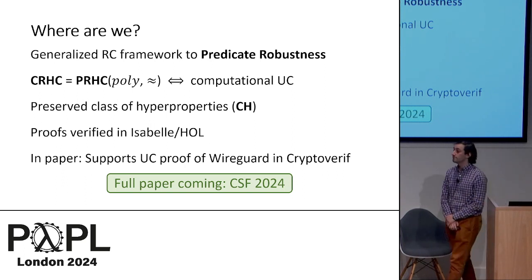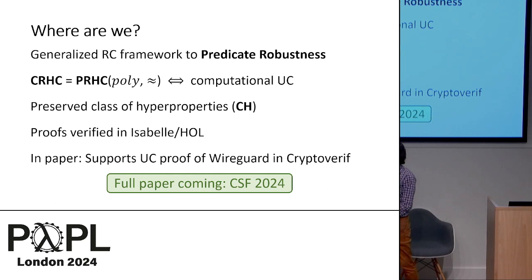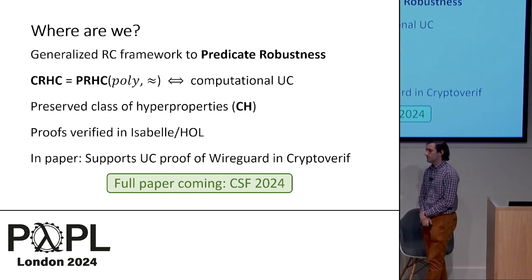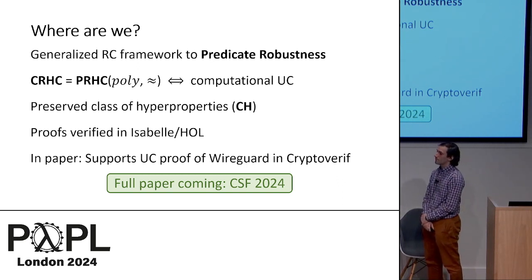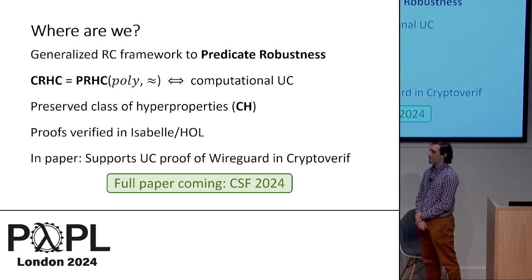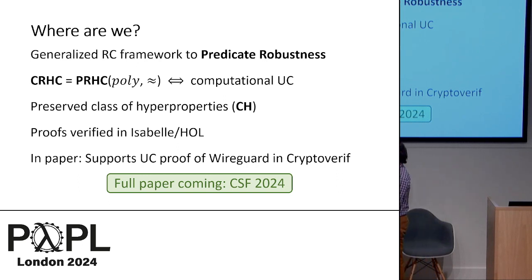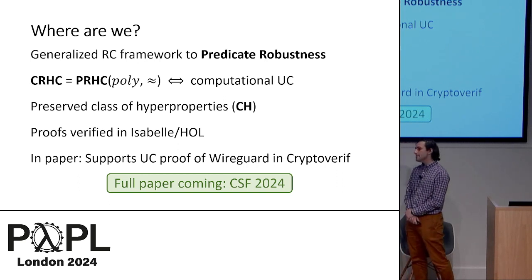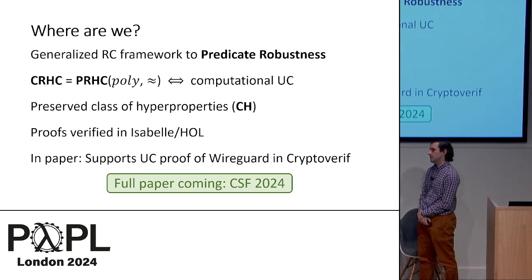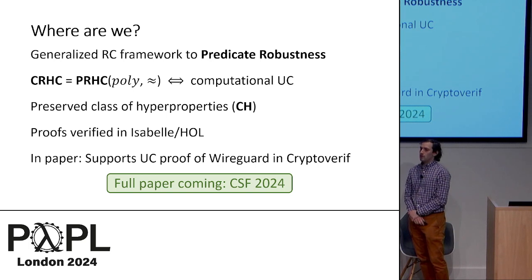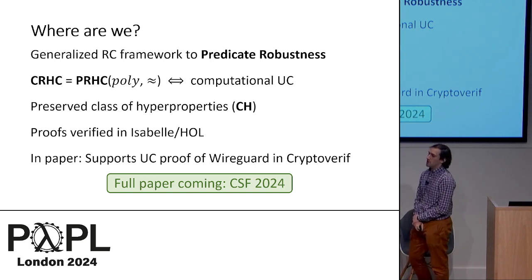Questions? Hi, cool stuff. You showed that we can go from the one direction to the other, and that we can generalize this. But hyperproperty preservation is just one of the many secure compilation criteria we already knew of. Do you know whether this also works if we go for something like relational hyperproperties or just anything else that we already know about? The short answer is the generalization of the robust compilation framework should translate with no problem